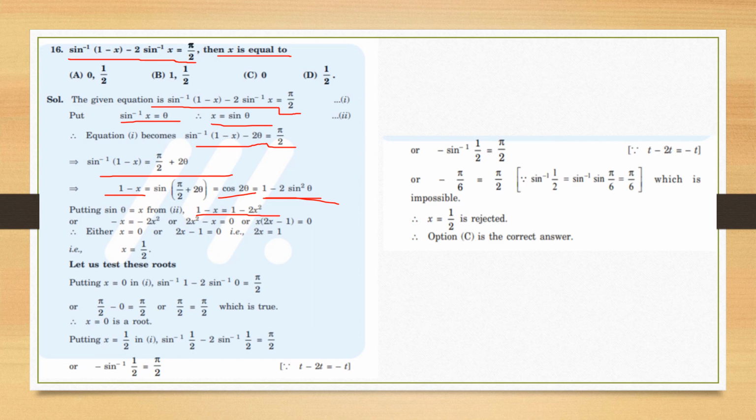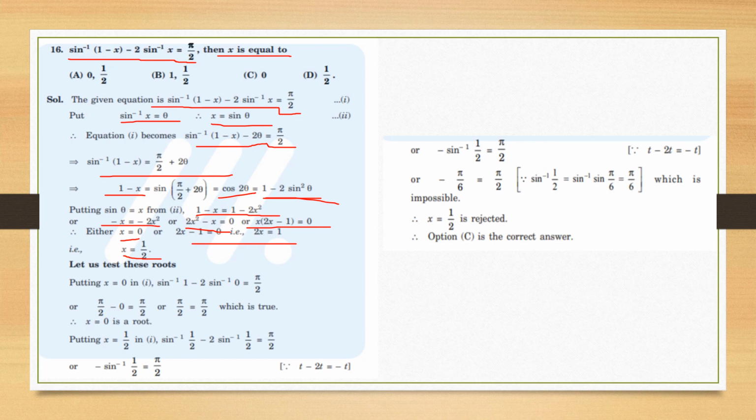So I change it to a quadratic equation. So minus x equal to minus 2x square, as 1 and 1 cancel. So it becomes 2x square minus x equal to 0, and after factorization x into (2x minus 1) is 0. So x is 0 or x is half, right? Now I have to check whether both are the solutions, or only one of them is, because some may not be satisfying the equation.